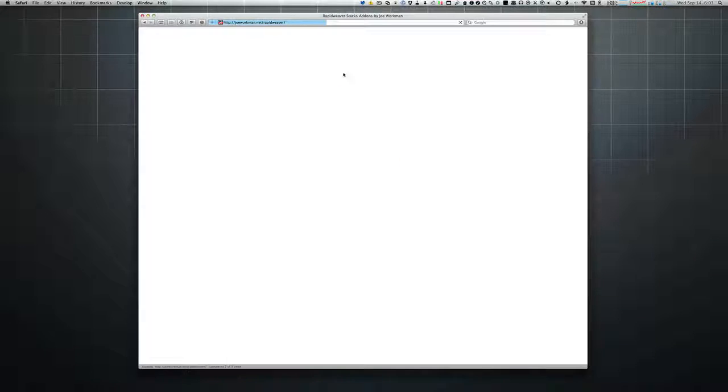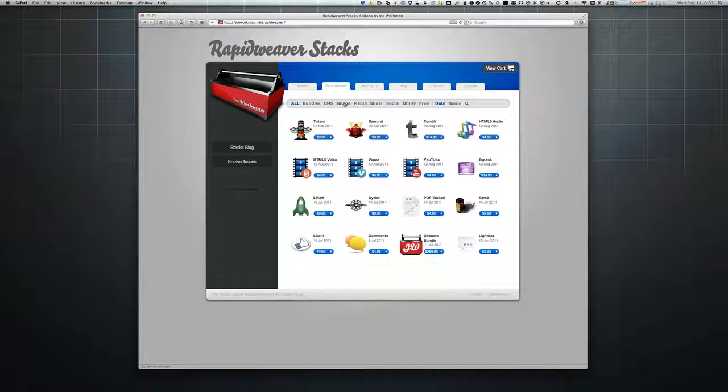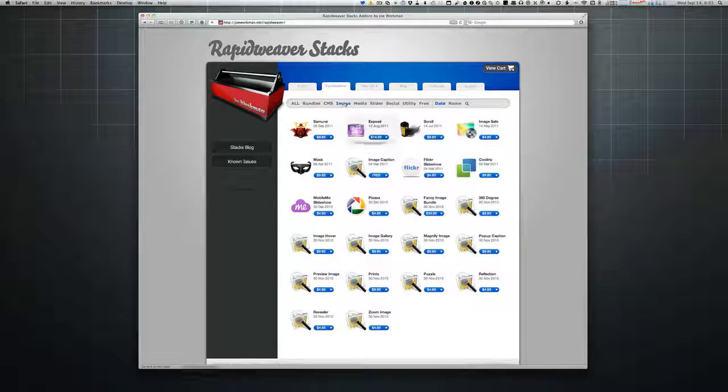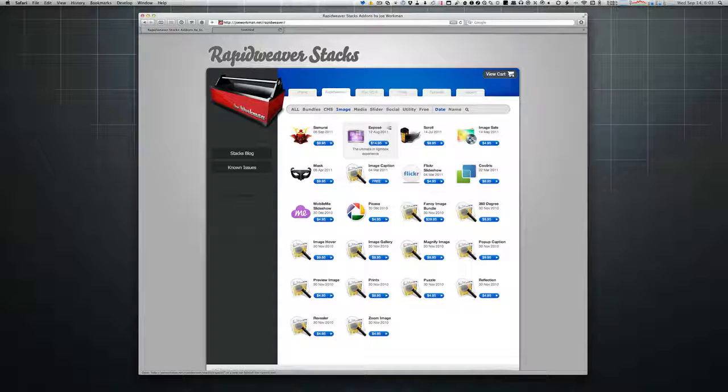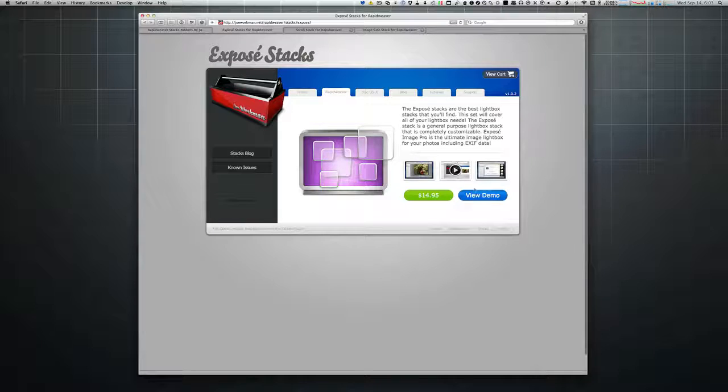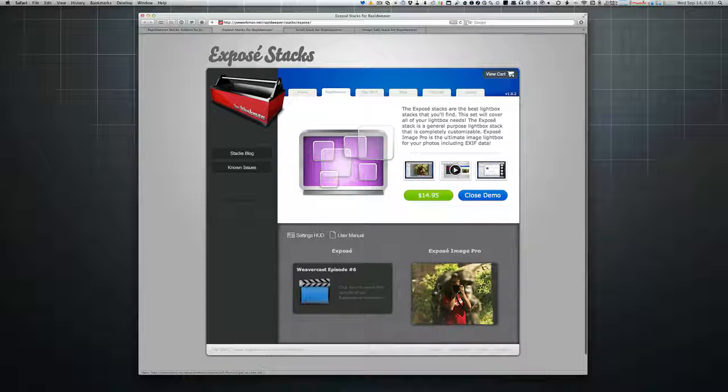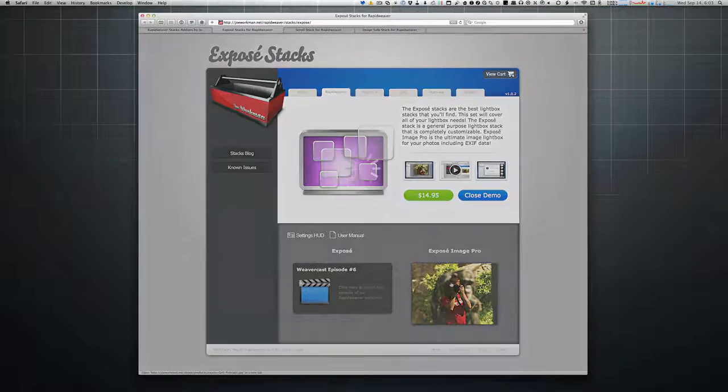So if we go back, there is some other great stuff that we have here. Expose is an awesome lightbox for images. Scroll is a great little slideshow that lets you easily scroll through images, and we'll look at that. And Image Safe. If we look through Expose really quick, we have Expose Image Pro Stack that allows you to